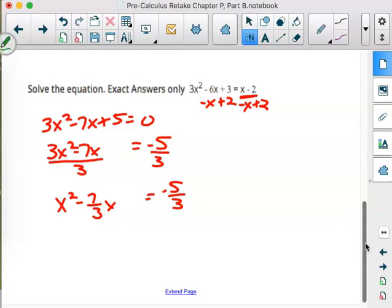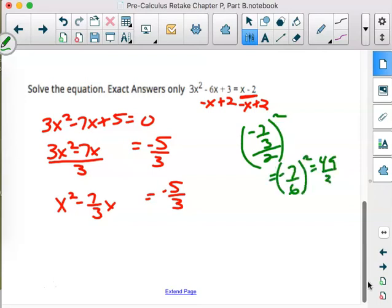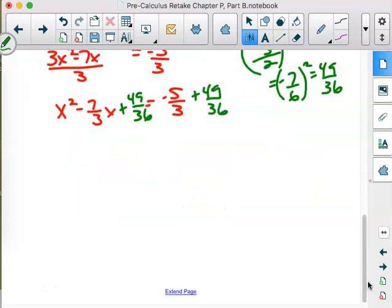And that means we're going to have to take b, divide it by 2, and square it. So negative 7/6 squared is 49/36. So we're going to add 49/36 to both sides. And like I said, if the fractions creep you out, then don't do this next part by hand. But negative 5/3, if we multiply the top and the bottom by 12 to get the 36 there, is going to be negative 60/36 plus